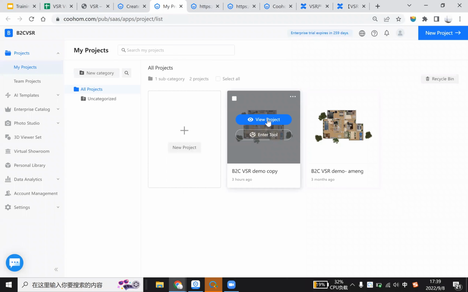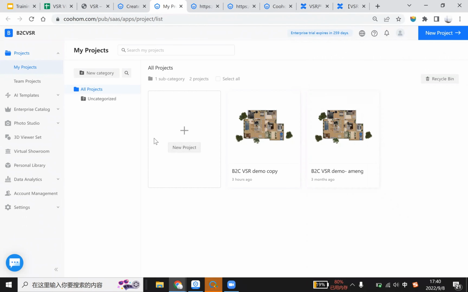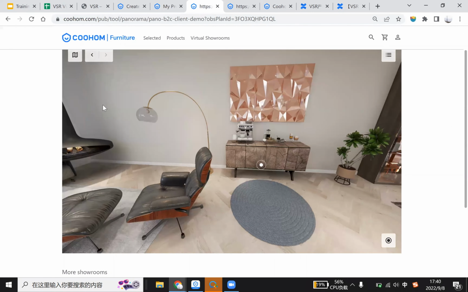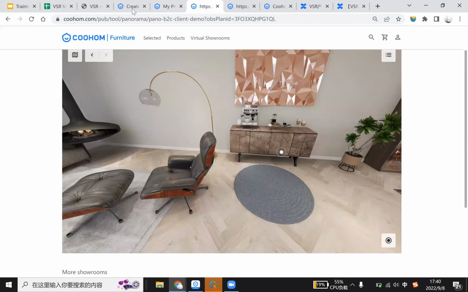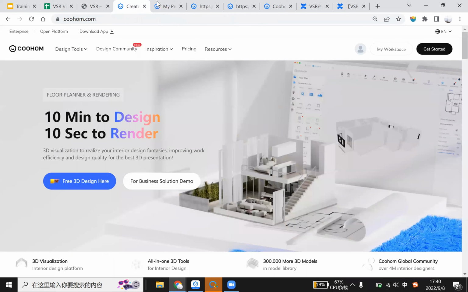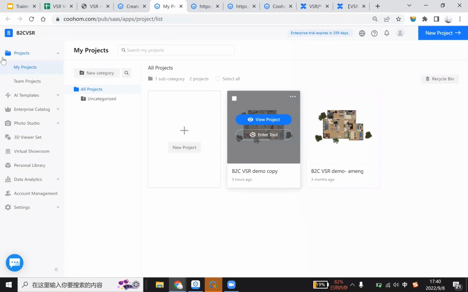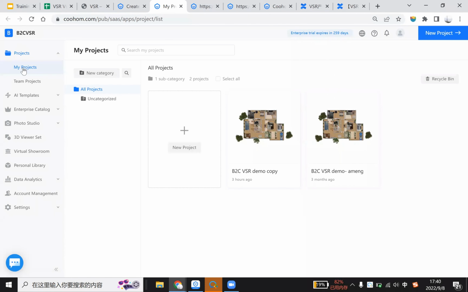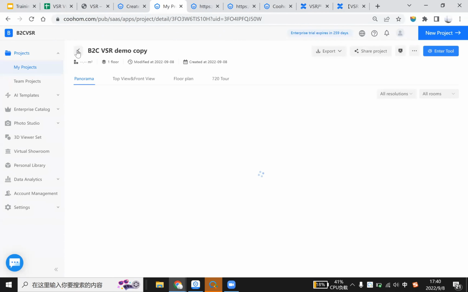Coohom platform. And the next step is to create the project. What we call project actually is the design project in this virtual showroom. It's the basement of this virtual showroom. And when you design a project, you could enter the Coohom backend projects, my projects part, and directly enter new project and to draw some project in your